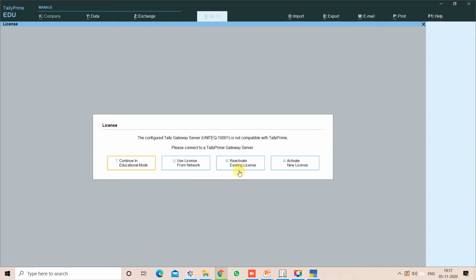In case you want to reactivate a license, you can use the shortcut key R on the keyboard. Or if you want to activate the license for the first time, you need to use the A button on the keyboard. If you are using a Tally ERP9 license version, first you need to surrender the license in the older version, meaning Tally ERP9.